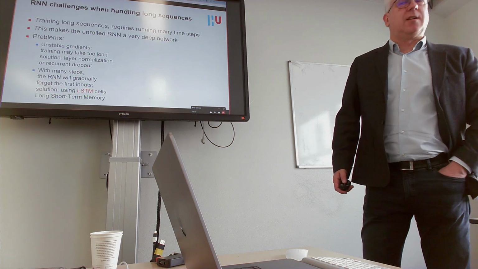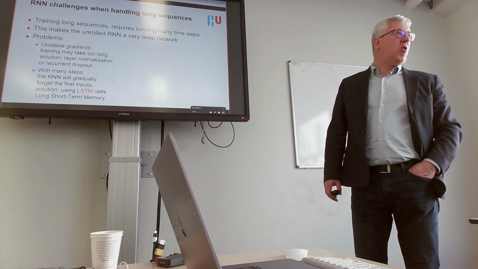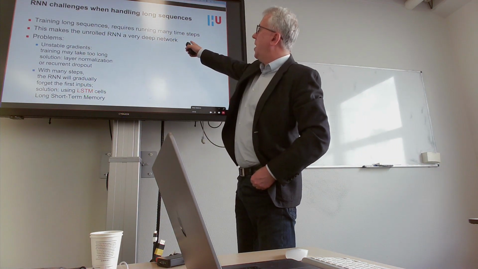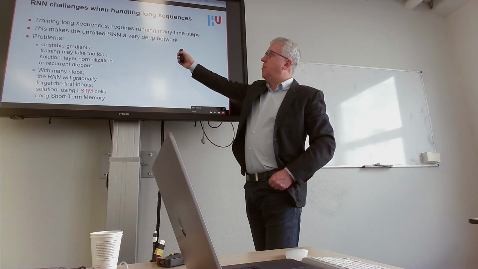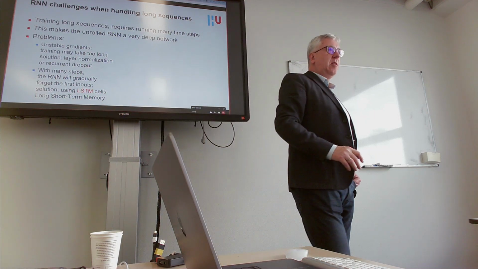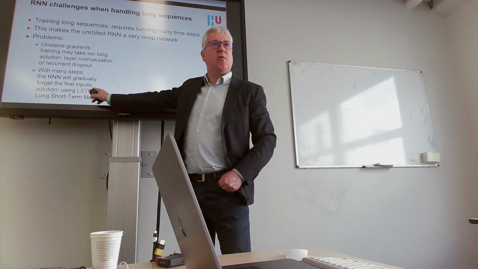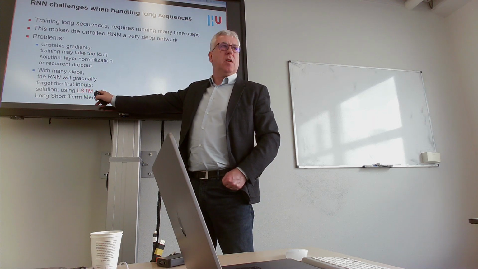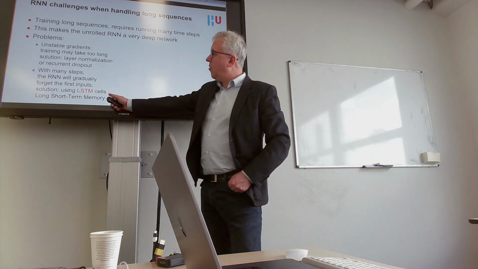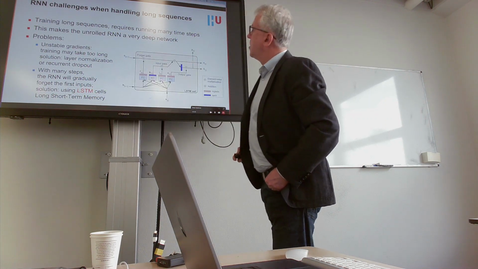But obviously, that's how it goes in machine learning. Every method has its drawbacks, so how can we improve? The drawback here is that long sequence training requires a lot of training before the training loss goes down. These are the kinds of problems that we see with regular neural networks. It might take too long, and it will forget its first inputs after 10 timestamps. It may have forgotten all the values before. Okay, so how to solve this? Well, this is another type of neural network. It's called a long short